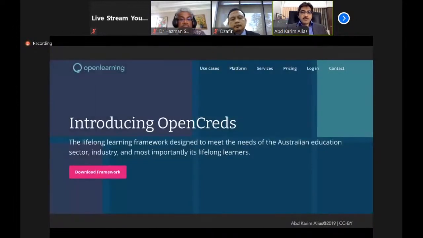Open Learning has introduced OpenCreds as well. We in USM are using Open Learning as our micro-credential platform, and it's very exciting now because Open Learning will be introducing the OpenCreds digital badge, which will be integrated in the platform, and that will facilitate the process of running the micro-credential program on the platform.